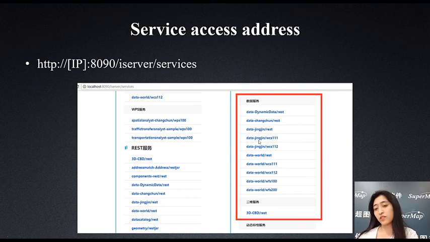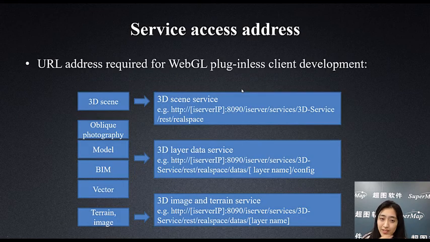So for the data service, that is the data and your workspace name, and for the 3D service, that is 3D and your workspace name. And if you publish the map service, that is the map and your workspace. So that's a service access address, and the URL address required for the WebGL